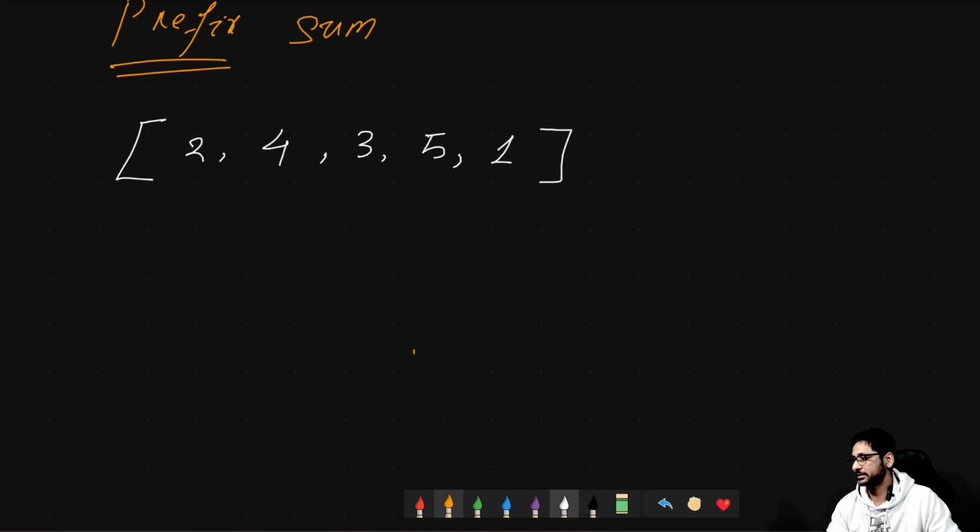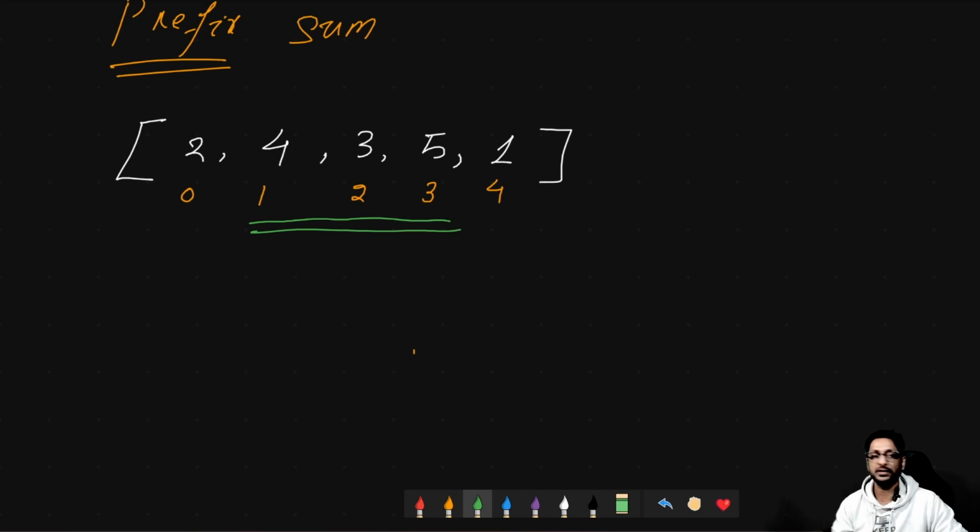Let's write down their indexes, starting from 0, 1, 2, 3 and 4. Now in this particular array, or vector, or list, if somebody asks us to calculate the sum from index 1 to maybe index 3,